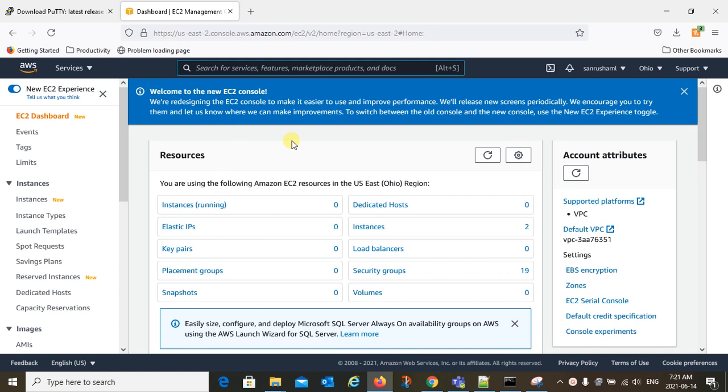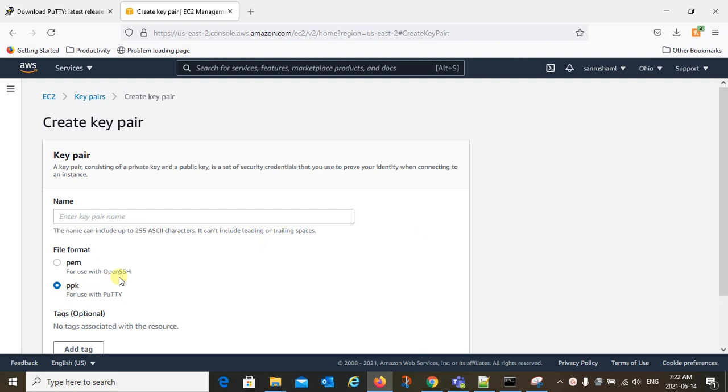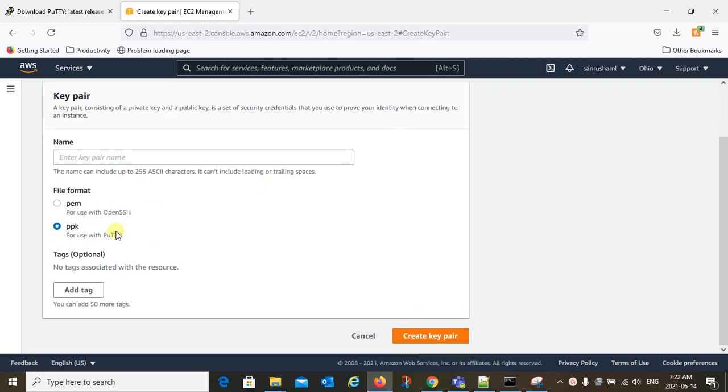Before you create an instance, you have to first create a key pair. Click on key pair, create key pair. We are going to access our instance using PuTTY, so select the PPK option. Name the key. I'm going to say AWS key pair, in my case I will put 3.